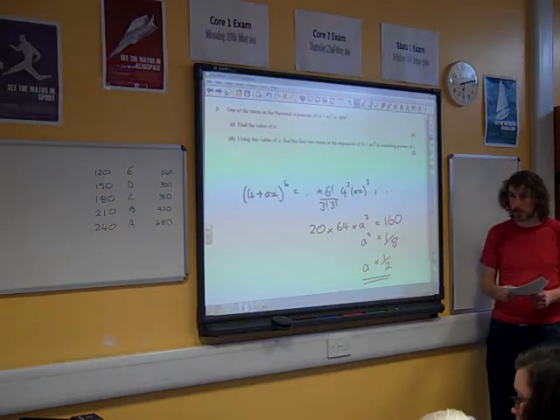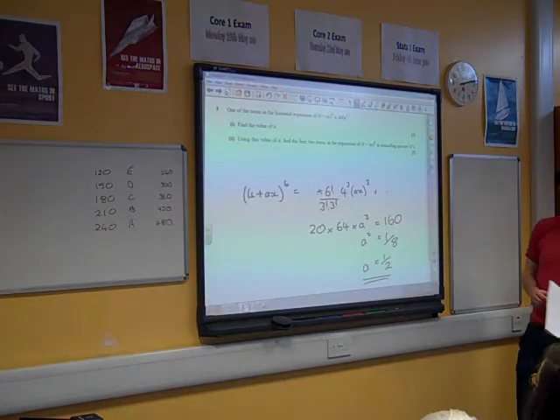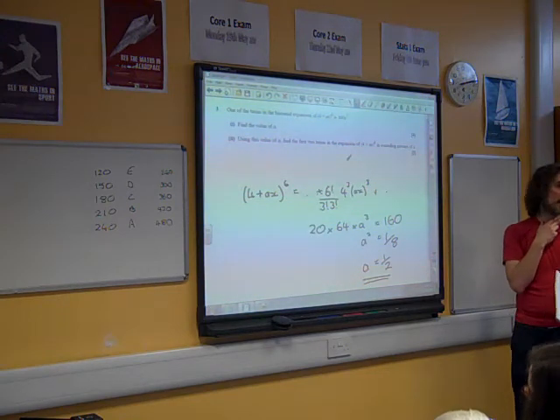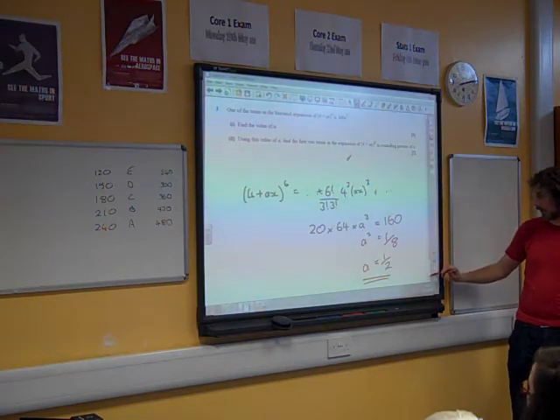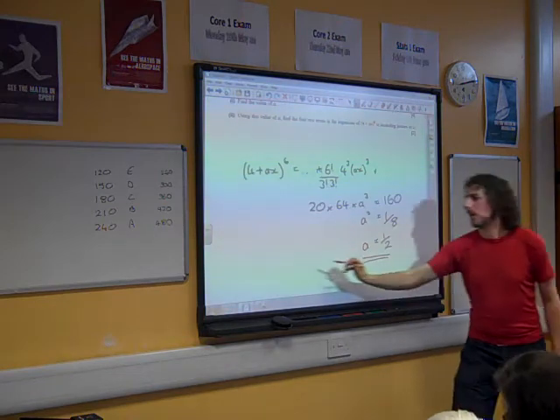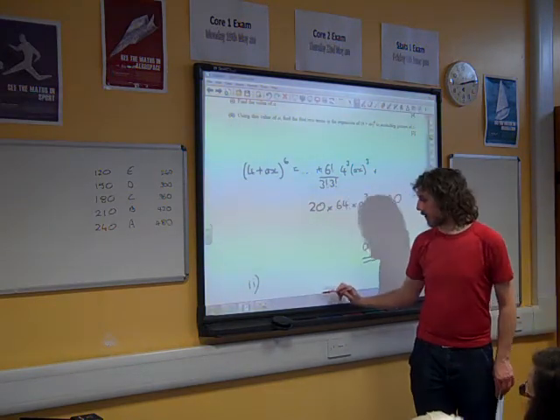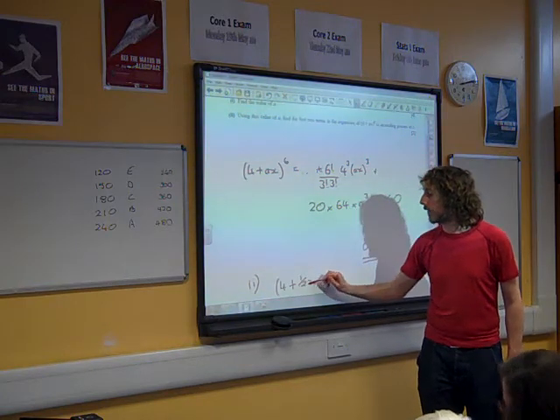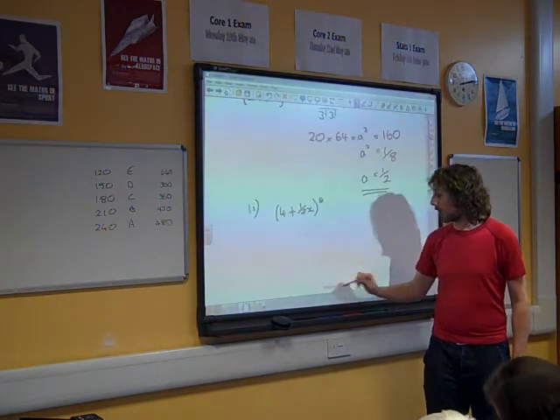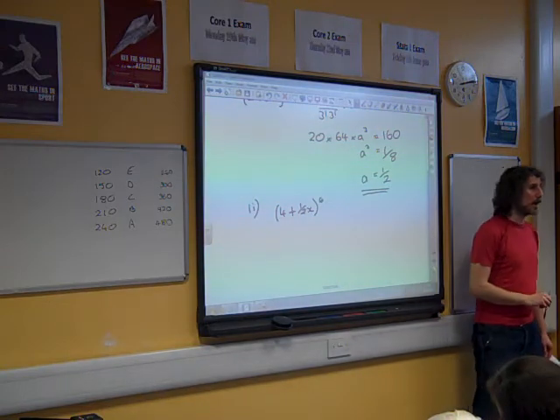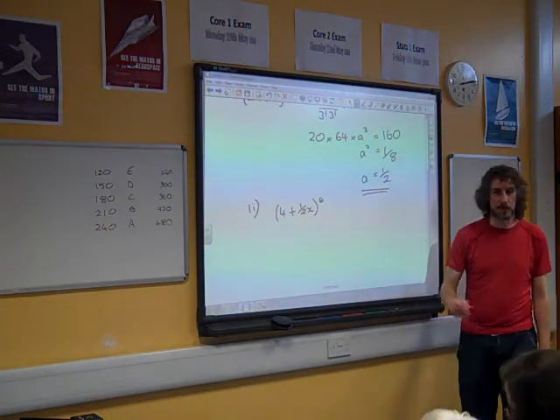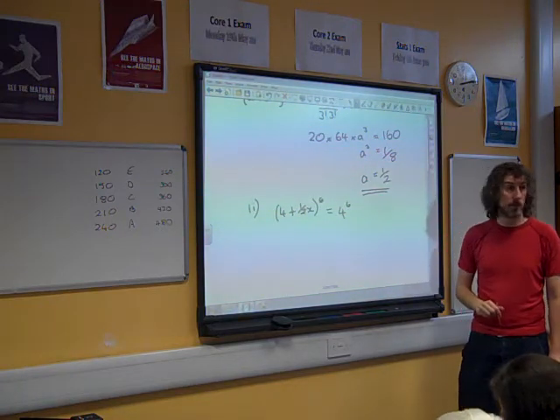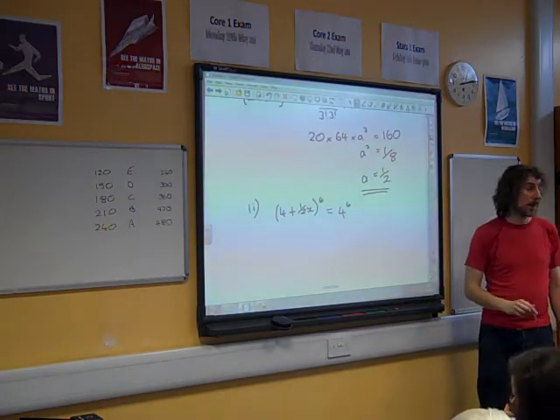Okay. The second part said using this value of a, find the first 2 terms in the expansion in ascending powers of x. So this is actually quite a straightforward second part of the question now. We've got that this is (4 + half x)^6. And using what we know about this binomial expansion, the first term must be 4 to the 6. The second term,